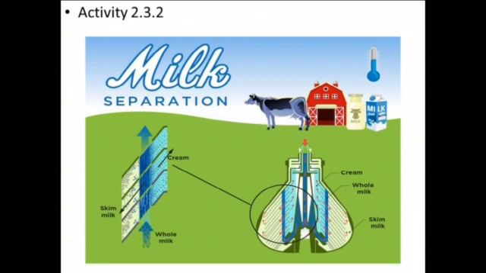Next activity is how can we separate cream from milk? Take some full cream milk in a test tube. Centrifuge it by using a centrifuging machine for 2 minutes. If a centrifuging machine is not available in the school, you can do it at your home with the help of milk churner. What do you observe on churning the milk?